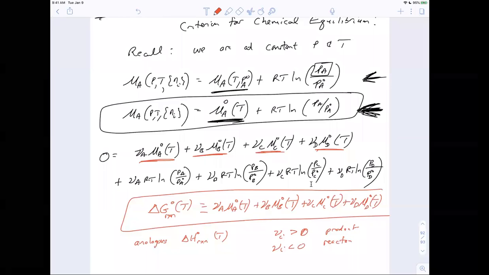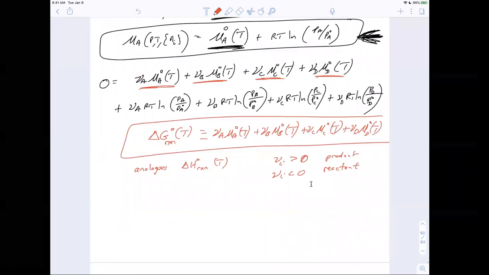Okay. So in this case, nu sub A is less than 0, nu sub B is less than 0, nu sub C is greater than 0, and nu sub D is greater than 0. And so we see here that delta G naught of reaction is equal to, nu sub A and nu sub B are negative, and nu sub C and nu sub D are positive. So now what we're going to write